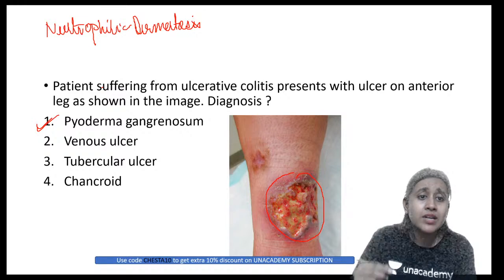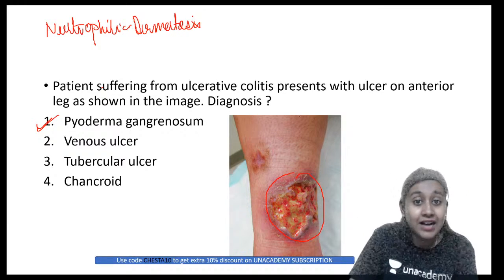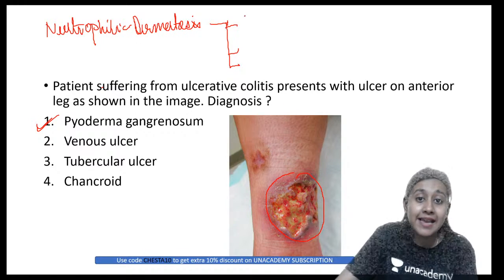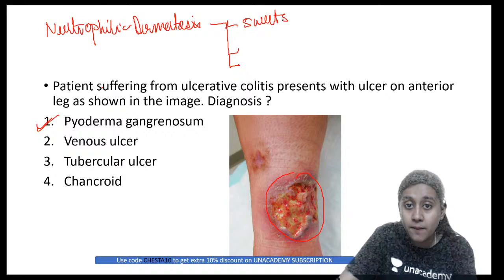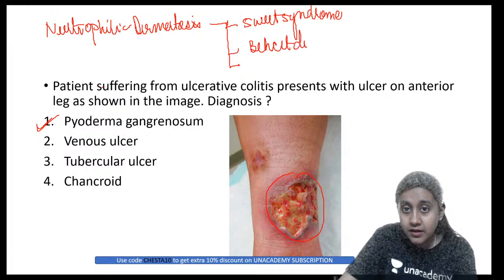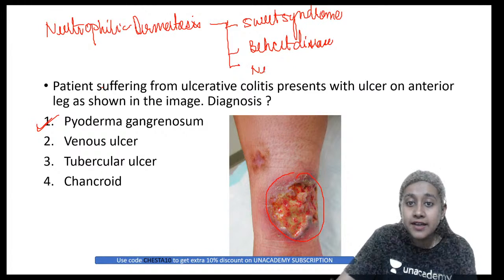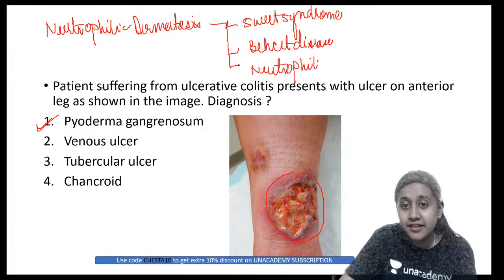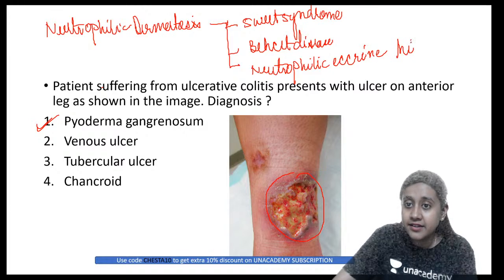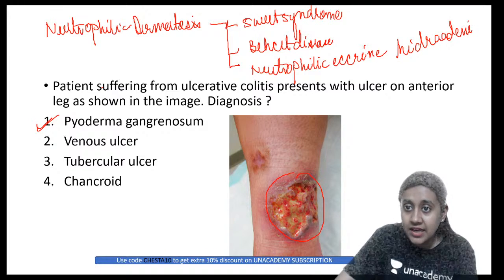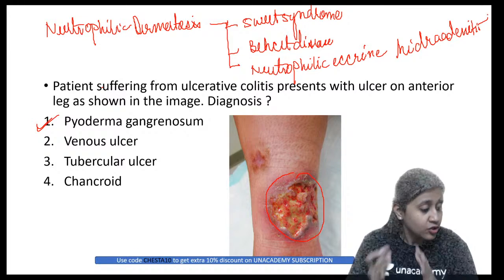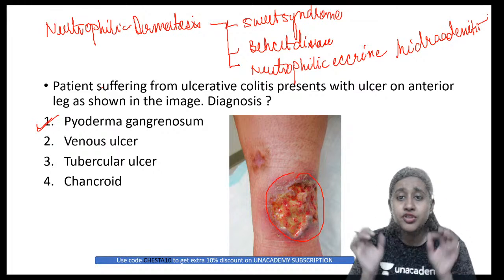Now can anybody tell me what other neutrophilic dermatoses you know of, other than pyoderma gangrenosum? Please remember you have a total of 4 types. One is pyoderma gangrenosum, second is Sweet syndrome, third is Behçet's disease, and the fourth one is neutrophilic eccrine hidradenitis. In this there is accumulation or infiltration of neutrophils in the eccrine gland duct. I will be telling you this later in the class, but for now just remember that you have 4